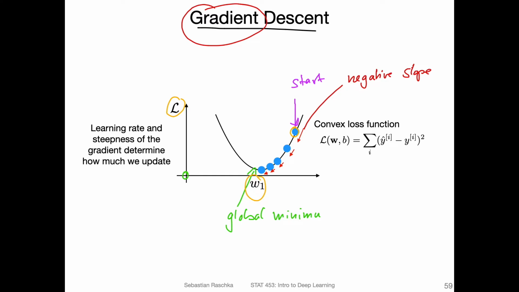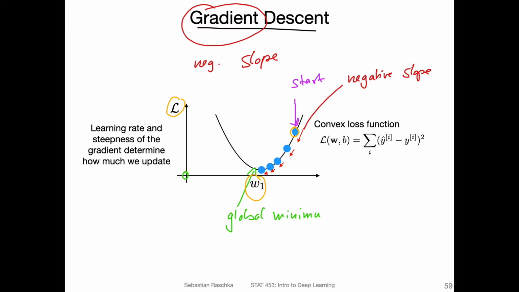We can use this function gradient to guide the weights into the direction of the global minimum. So the slope would tell us how steep the function is, so at a given point, how steep the function is. But we are interested in the negative slope, which also gives us the steepness of the function, but instead of pointing upwards, it's pointing downwards. It's pointing towards the minimum that we want to reach.